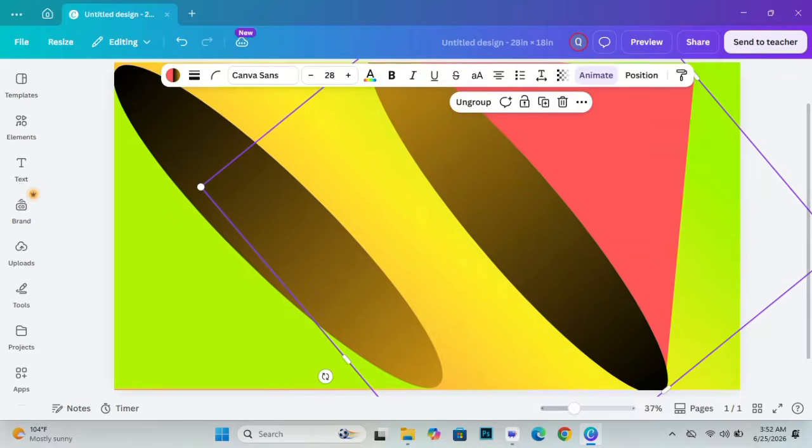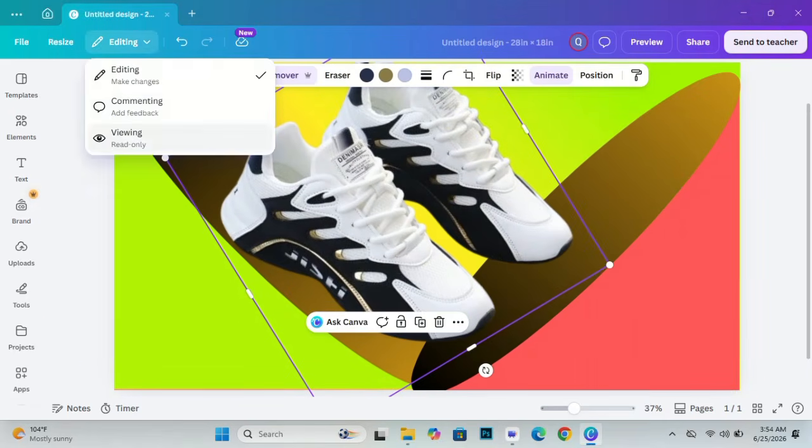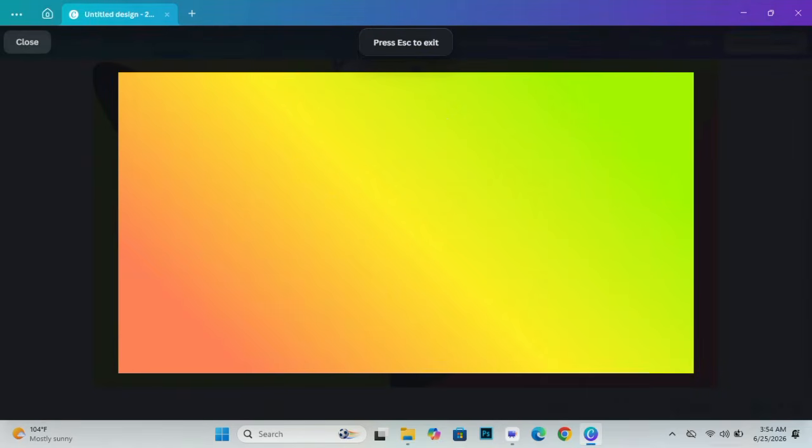Now create sections for key ingredients, benefits, and application instructions. Use icons to visually represent